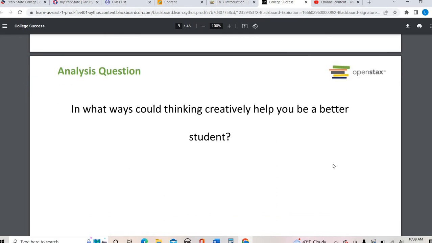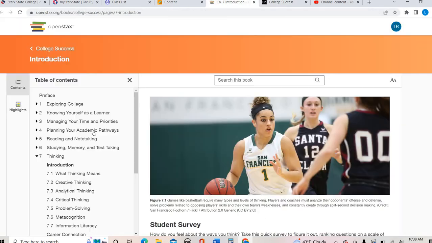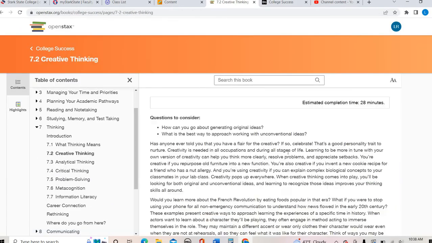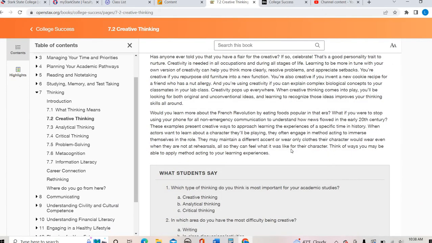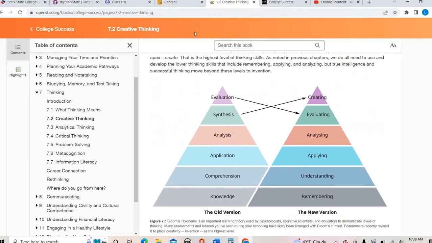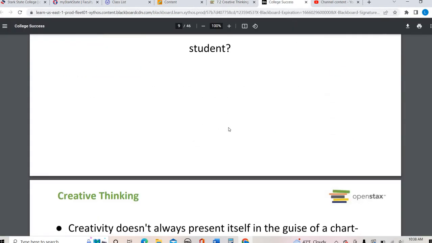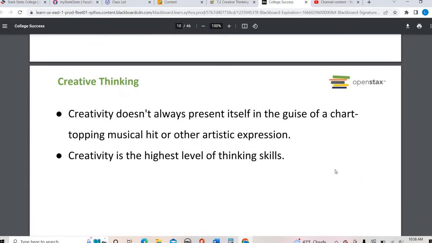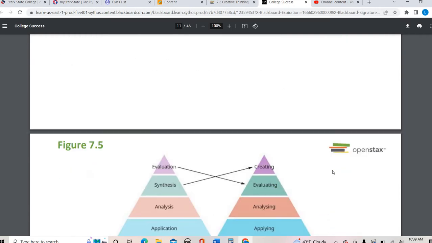So how can being a creative thinker help you better as a student? That's something I want you to reflect on your own. In what ways could being creative help you as a student? And so, as I always like to point out, go into the section of the textbook and really start to look into the details. It has little beginning questions here. We're going to look through some of these, but I always like to have you go into the textbook to look as well. So sometimes when people think creative, they think of visual art or maybe expression in some way, but it doesn't have to be that way all the time.